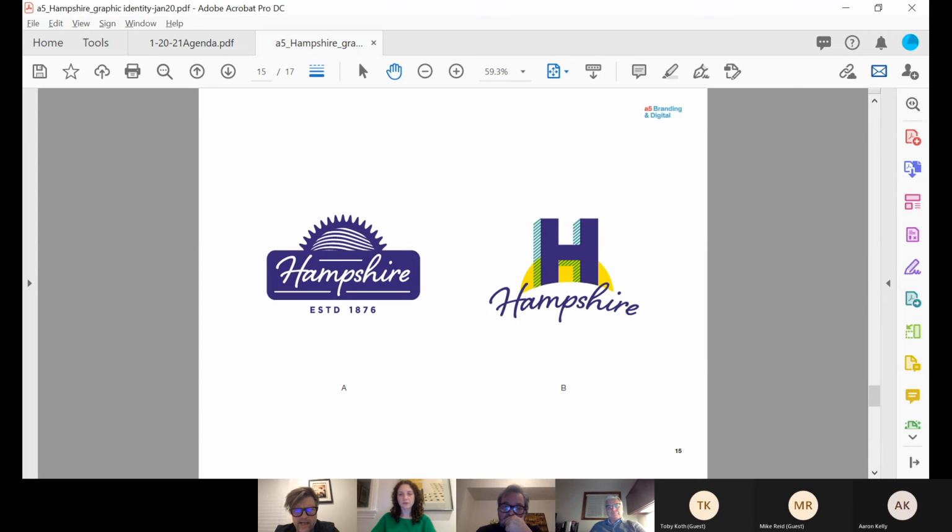We did try a script for the H for this version, and it looked either like it didn't look enough like an H, it looked like an FL or a Chinese character, or it looked too much like a Holiday Inn. So I think keeping that sort of strong, simple sans serif for the big H in that second direction makes sense.